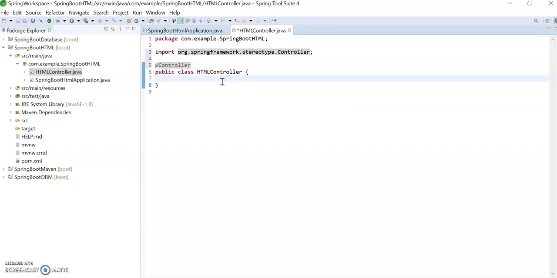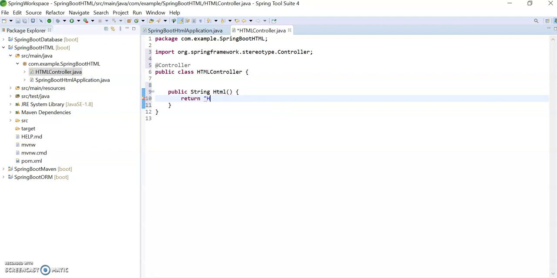Then we need to create one request mapping. So I am creating a public String method, html, and it needs to return "test". Here in the controller class, I need to mention the request mapping.